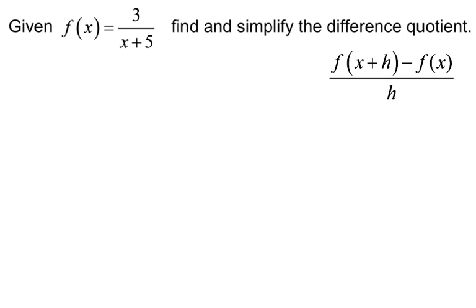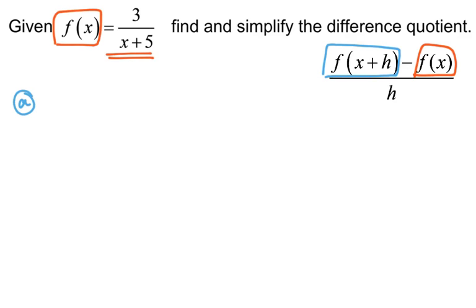What we want to notice is we are given f of x. We know what this f of x is. What we don't know is what f of x plus h is. So my first step when I'm solving these difference quotient problems is to figure out what f of x plus h is. In this situation, plugging in x plus h instead of x gives me 3 over x plus h